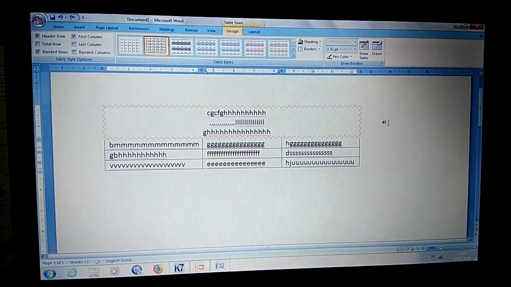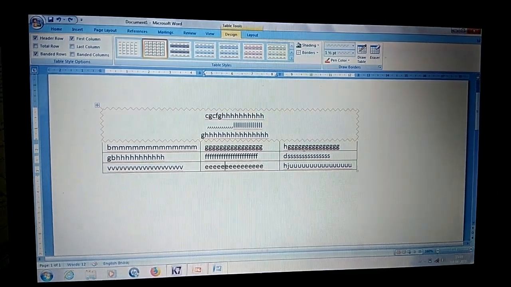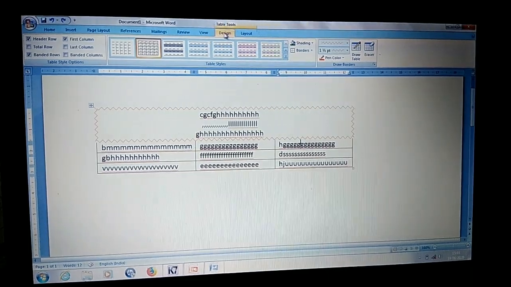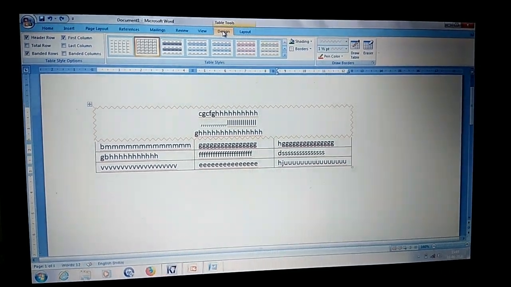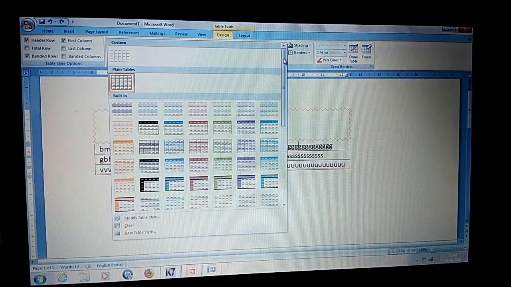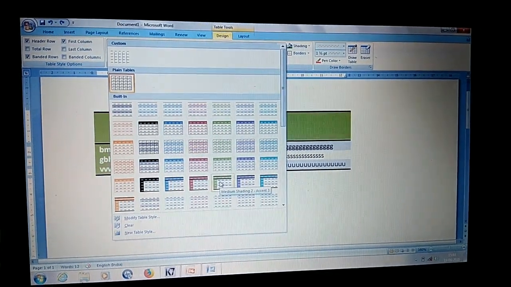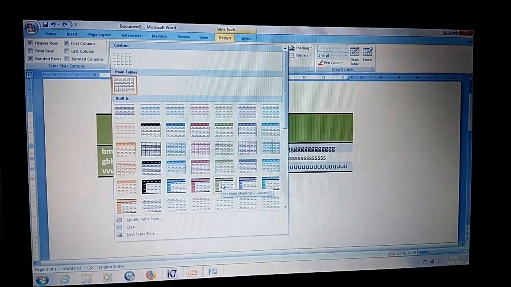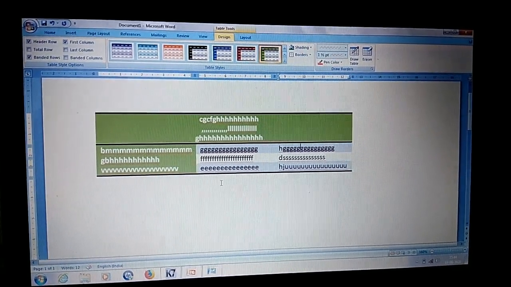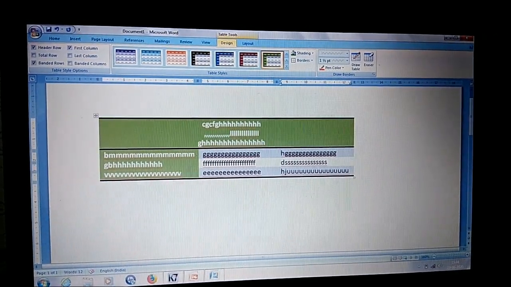So I repeat these steps again. First of all, click anywhere in the table that you want to format. Click on the Design tab. Then click on Style from the table style list. Choose any one. Let us suppose I choose this one. Then click on it. Word applies the style. We can use the table style options by clicking on the check boxes in this area.